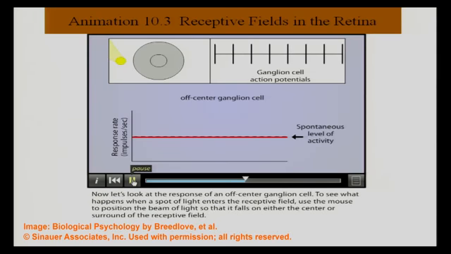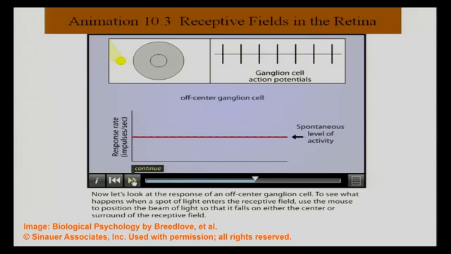Now let's look at the response of an off-center ganglion cell. To see what happens when a spot of light enters the receptive field, use the mouse to position the beam of light so that it falls on either the center or surround of the receptive field. So you know what's going to happen. So if we go into the surround,